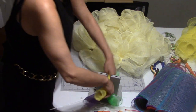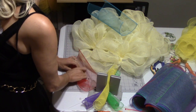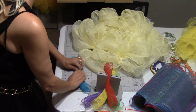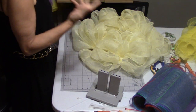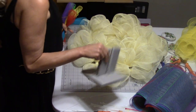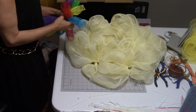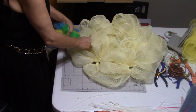Bow. Choices, choices, choices. Alright, so you have seen this is nice and full. You don't have to put anything in between it. I think we're going to color this up, and I'm actually going to probably cut more pieces. So I have an idea for this. Let's see how this...